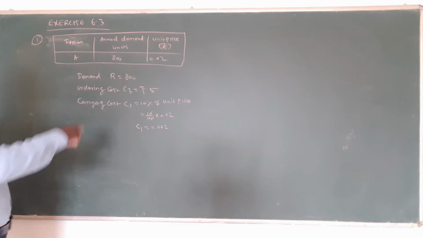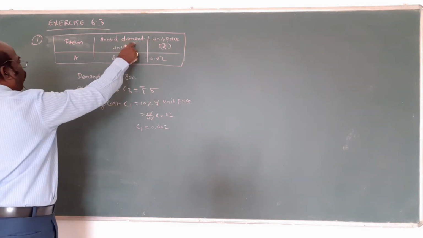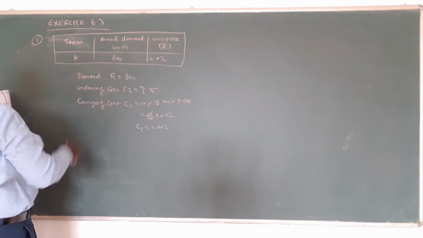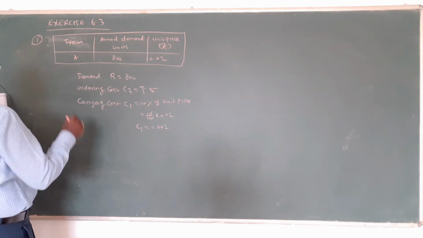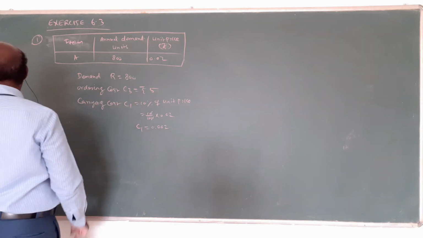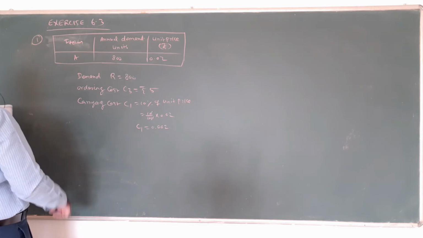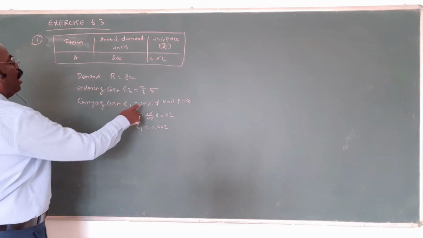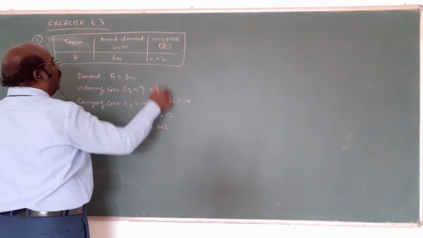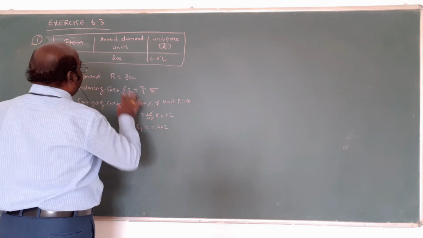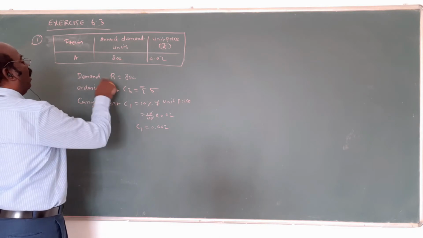What is given actually? The annual demand or requirement, that is called R. Order cost is 5 rupees per order. Then the holding cost, that means carrying cost, C1 is equal to 10% of the unit price. 10 divided by 100 into the unit price, already given 0.02. Simplify, 0.002. C1, C3, R, these are all given.